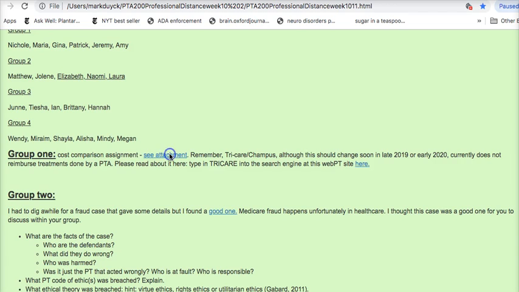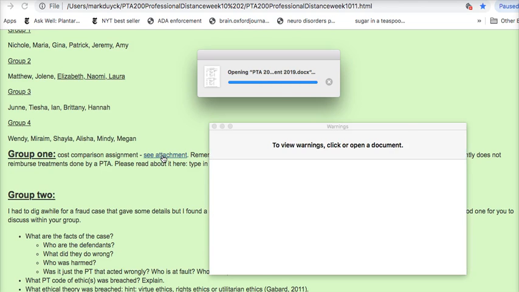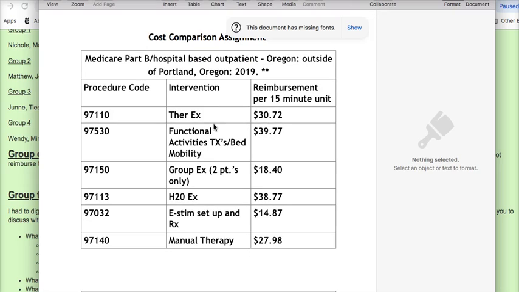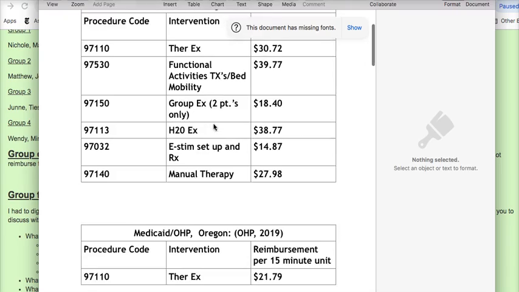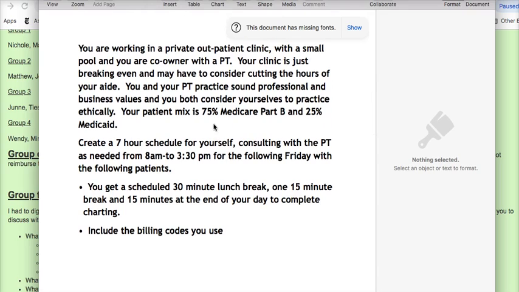The challenge is to go ahead and create a schedule with these different payer sources, knowing that different buildings will have different workplace practices related to treating different populations based on their commercial insurance or their government insurance. So you have a resource that's available here that helps you with the assignment, that's fundamental to the assignment, that tells you how much different codes are reimbursed, and then you are to develop your day, a 7-hour day,